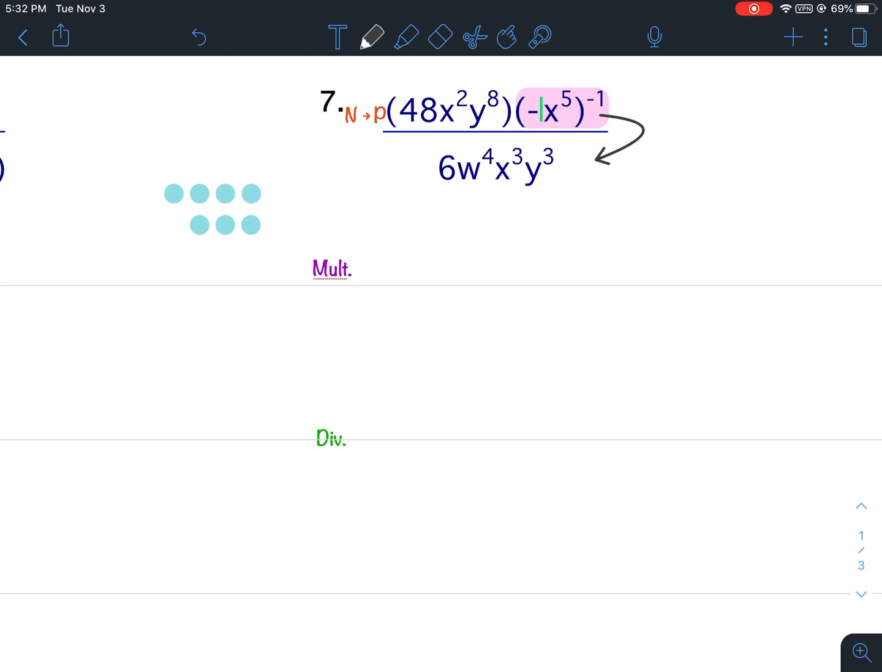What's not highlighted will stay where it is. So on top, we will still have 48 x squared y to the 8th. On the bottom, we're going to have 6 w to the 4th, x to the 3rd, y to the 3rd,